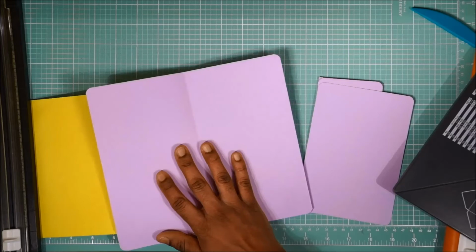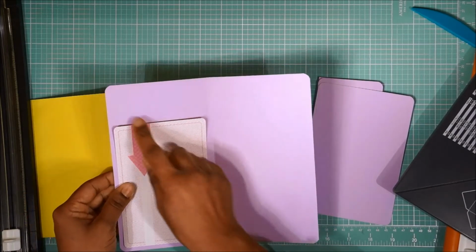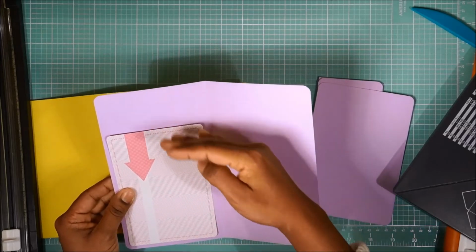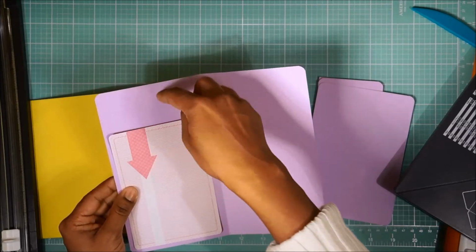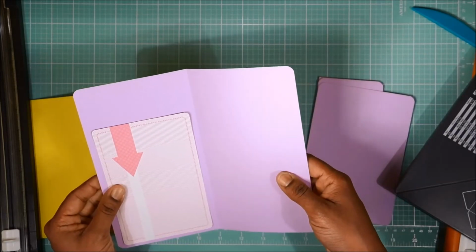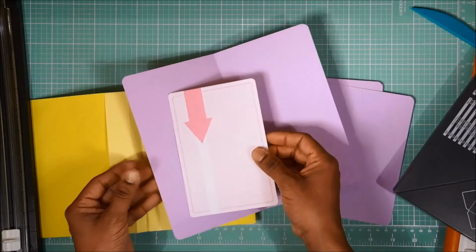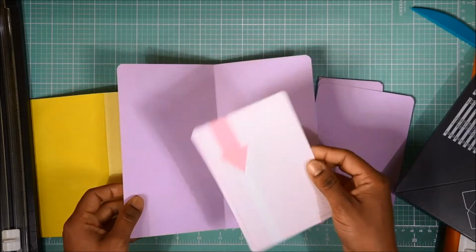And you can see how this looks with a 4x6 photo on there. That gives you a lot of space for journaling, because if you cut it down a little too much, you're not going to have as much space for journaling. You can take it down to 7.5. It doesn't necessarily need to be 8, but I like to have a lot of space, especially if I'm going to put a 4x6 photo here. I'm going to want a lot of space for journaling. Okay,